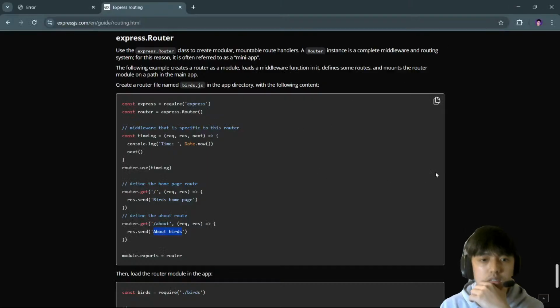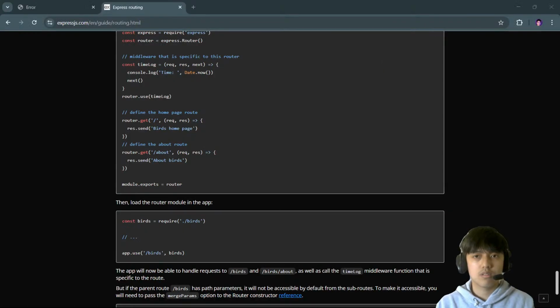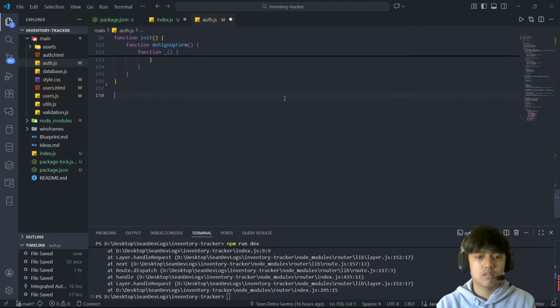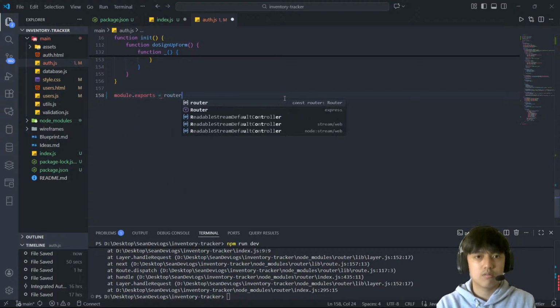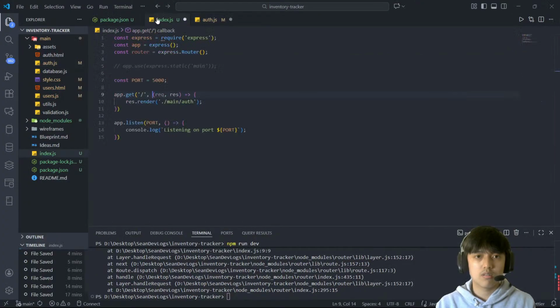I think this would just send the page. Wait, okay, let me try. And module.exports router. Right, module.exports router. Then